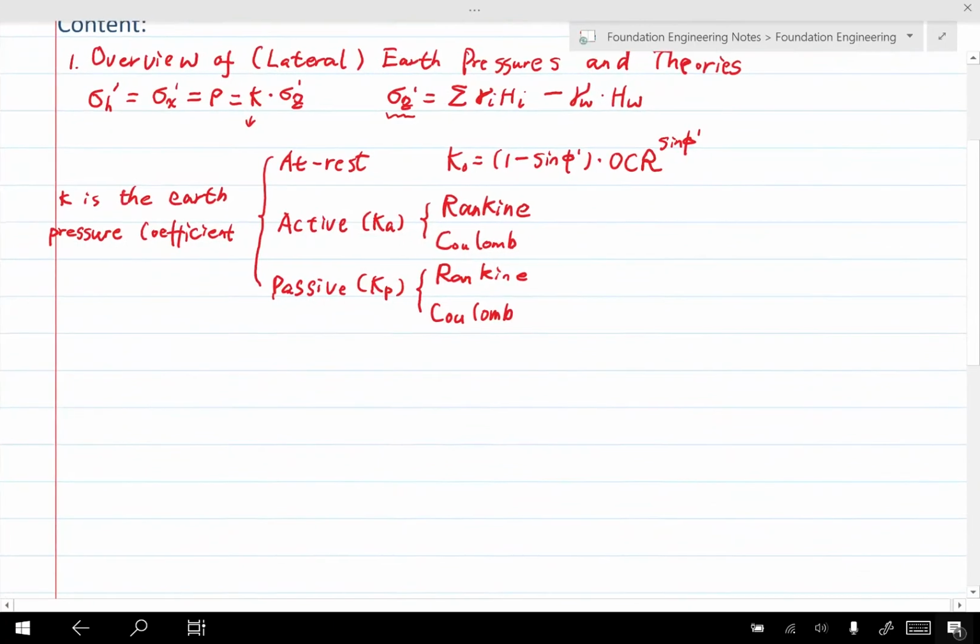I will also want to draw a schematic to show this idea. That is how to get the earth pressures based on the vertical effective stress. Let's consider a very general situation when we have multiple soil layers. Let's say now we have 3 soil layers, and we want to calculate the lateral earth pressures caused by these